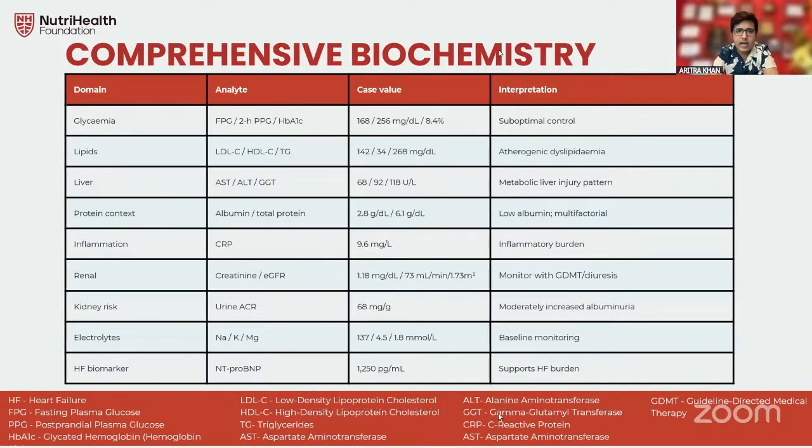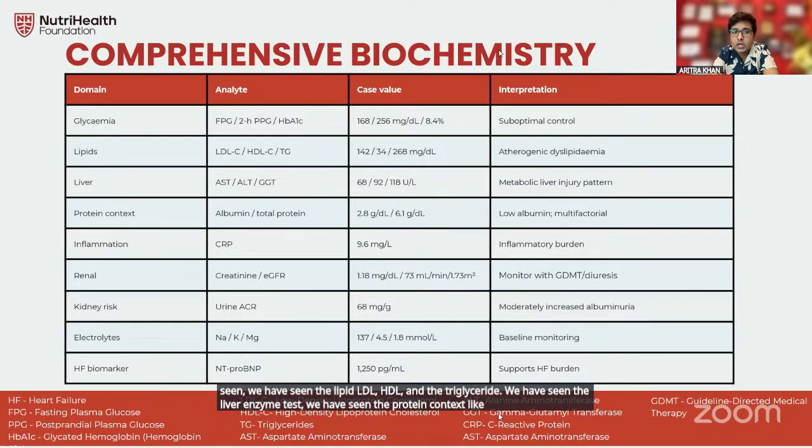So we can see the analytes of glycemia, that is fasting, and the PP we have seen. We have seen the lipids, LDL, HDL, and the triglyceride. We have seen the liver enzyme test. We have seen the protein context like albumin and the total protein. We have seen the inflammatory marker like CRP. We have seen the renal markers like creatinine, eGFR. We have seen the urine ACR. We have seen the electrolytes, and we have seen the heart failure biomarker, that is natriuretic peptide BNP or NT-proBNP,